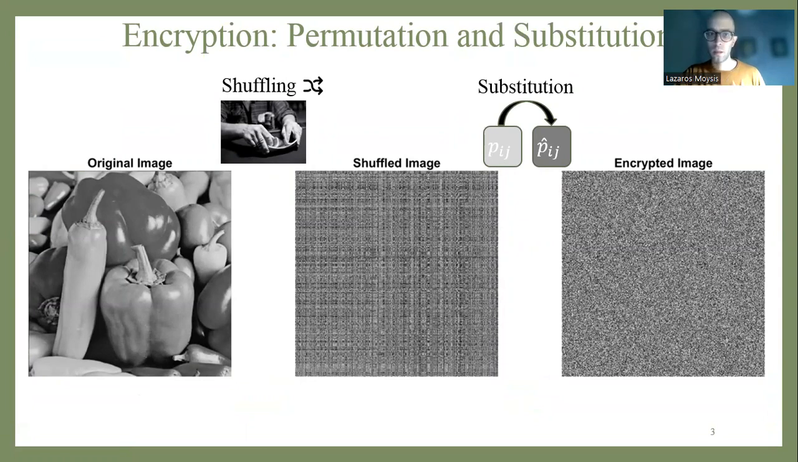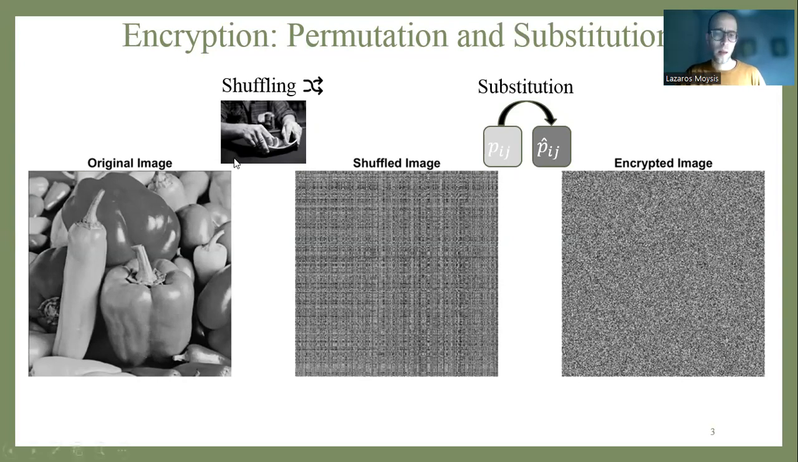Let me recap again. Permutation, or pretty simply stated shuffling, pretty much just like shuffling a deck of cards, involves shuffling the pixels of an image in order to disperse the information throughout the whole image. And the second process is substitution, in which we take each individual pixel value and we replace it with another value. The combination of these two processes results in the final encrypted image, which is resistant to a series of